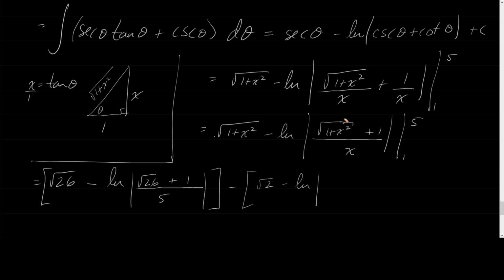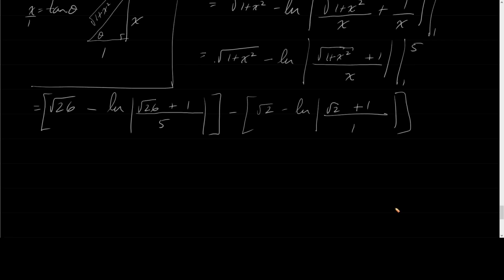Ln of, well, this part is just radical 2, and we have that plus 1 over 1, right? I'm just plugging in this one. All right, so in here, we can really write this final answer as follows, and I'm going to group them a little bit. So I have really